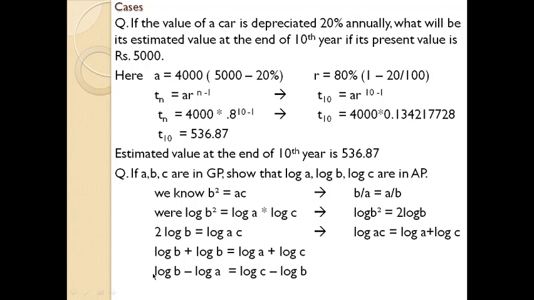We did this step in one of the previous cases where B minus A equal to C minus B. We have dealt with that equation in some of the cases in the previous classes or sessions. Because of that concept, we did the same here. So log B minus log A equal to log C minus log B. Finally, this case will come only in case of an arithmetic progression. So we can say that log A, log B and log C are in arithmetic progression.